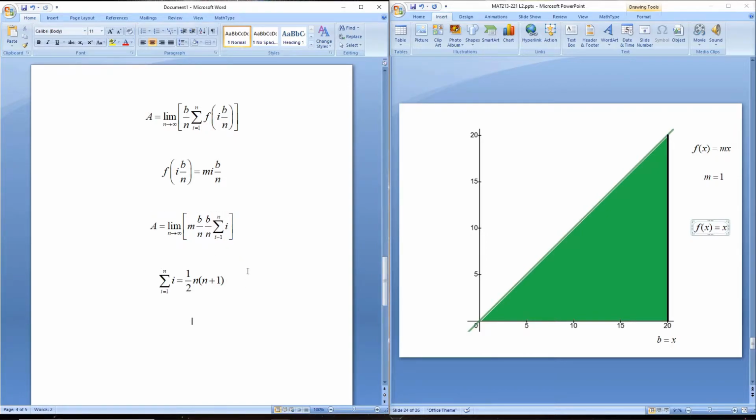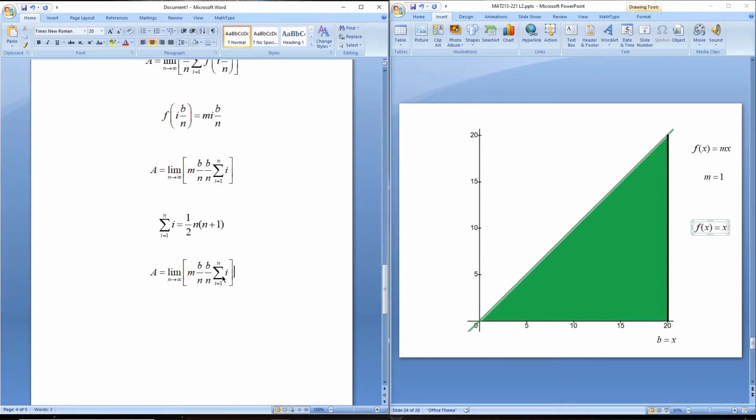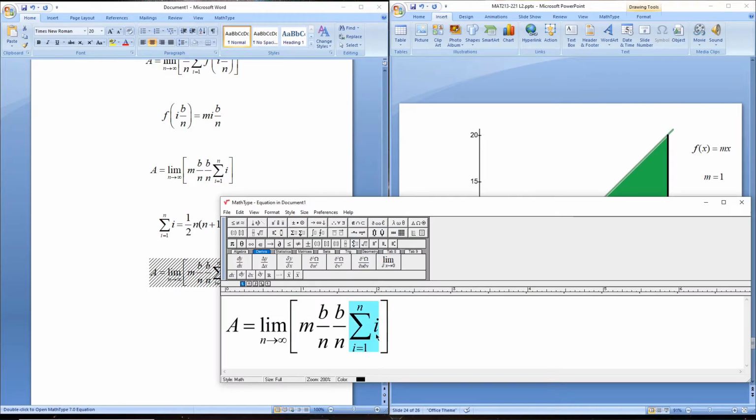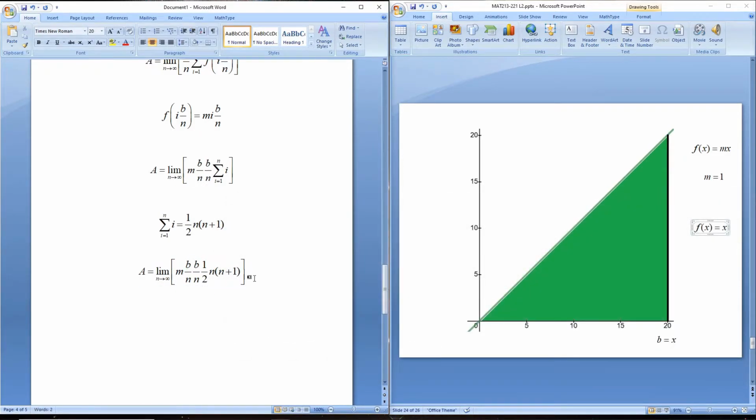So we're going to take that expression that someone's already figured out for us for the sum of i. So this is 1/2 times n plus 1. So we got rid of the sum by using something that's already been figured out,